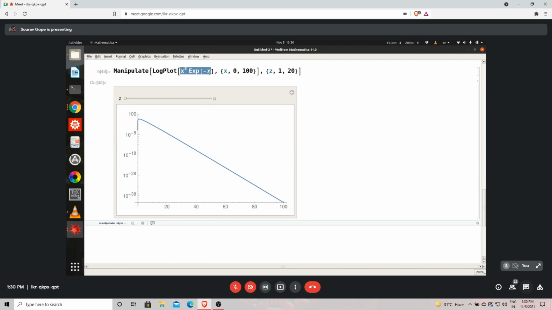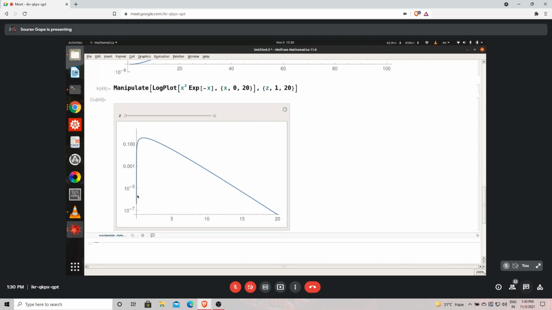This is the function x to the power z e to the power of minus x, right? You see how I am just plotting it for 20. What happens? See, first this function rises because when x is very small, the exponential function does not play a very vital role here. Then the x to the power z part dominates. Okay, now as x increases, due to x to the power z for any positive z, this part increases a bit first, but after a certain point, exponential function